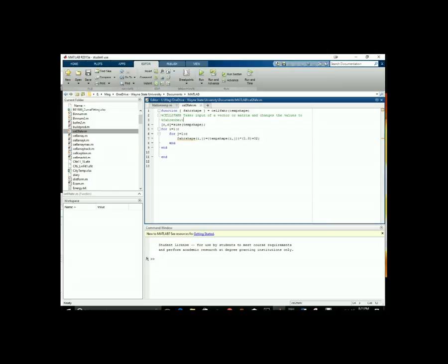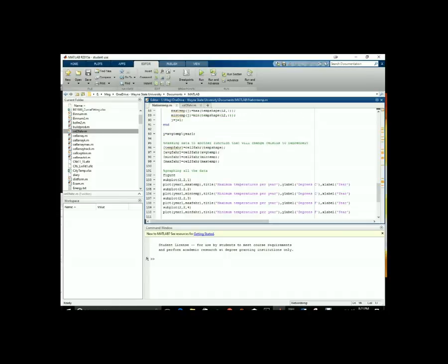So this is just taking the size of whatever you entered, and then this is just a nested for loop that just goes through the size of whatever matrix or vector you entered. It can be a matrix or a vector, it doesn't matter. And this just does the requisite steps to change from Celsius to Fahrenheit, and that is multiplying by 1.8 and adding 32. So we go back to our nation temp big long function file,